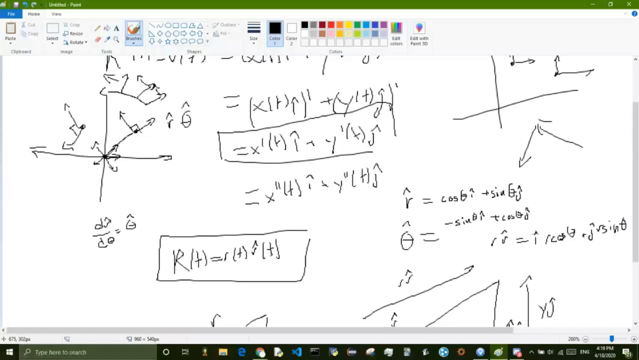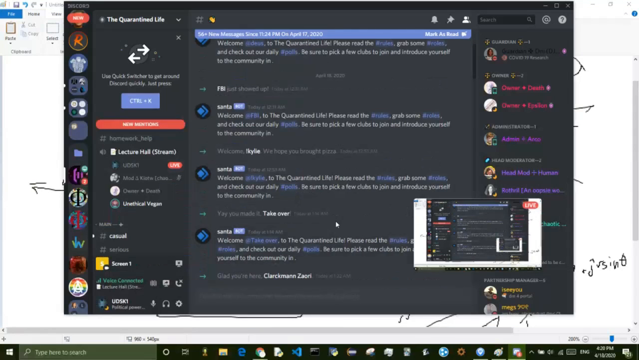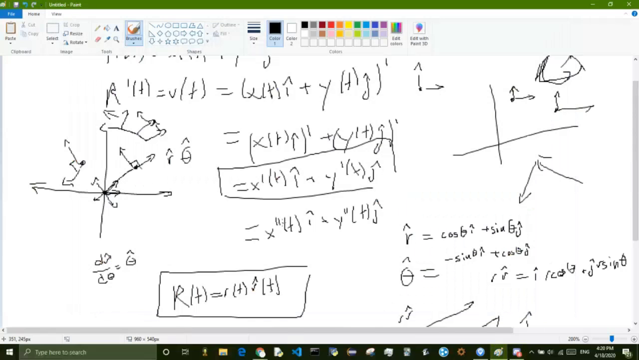Wait, a question. So actually, I thought the easiest way to do this would just be to take the derivative, because if you think about it, the direction of theta hat is going to be perpendicular to it, and the direction of the derivative vector is also going to be perpendicular. So that makes sense, the negative sine theta and the cosine theta for theta hat. But what I don't understand is why theta hat is equal to dr hat over d theta. I didn't understand the reasoning there. Could you